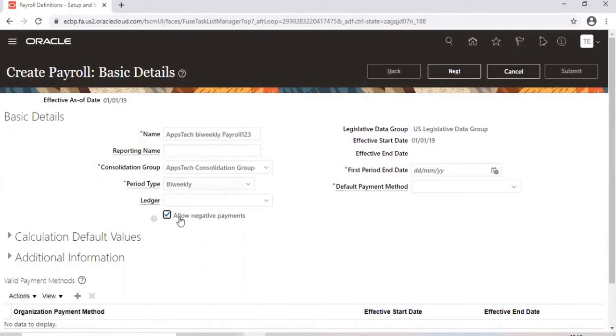So if you calculate the February salary for 15 days, my salary is 10,000 per month. If I am working only 15 days, I get 5,000 salary for the month of February. But I have taken a loan advance of 10,000. So the total 10,000 has to be deducted because I have resigned. So you have to recover the 10,000 amount as well. So my balance will go to negative 5,000. So these are such scenarios where you see negative payments.